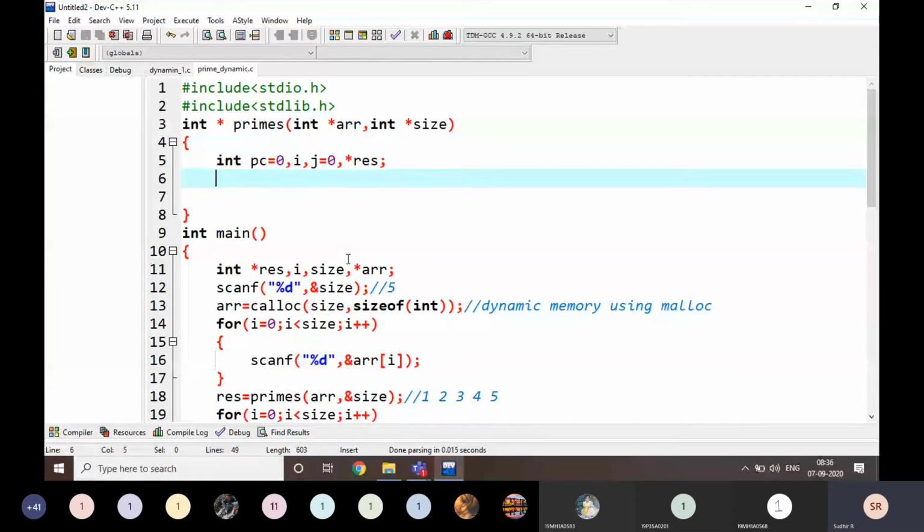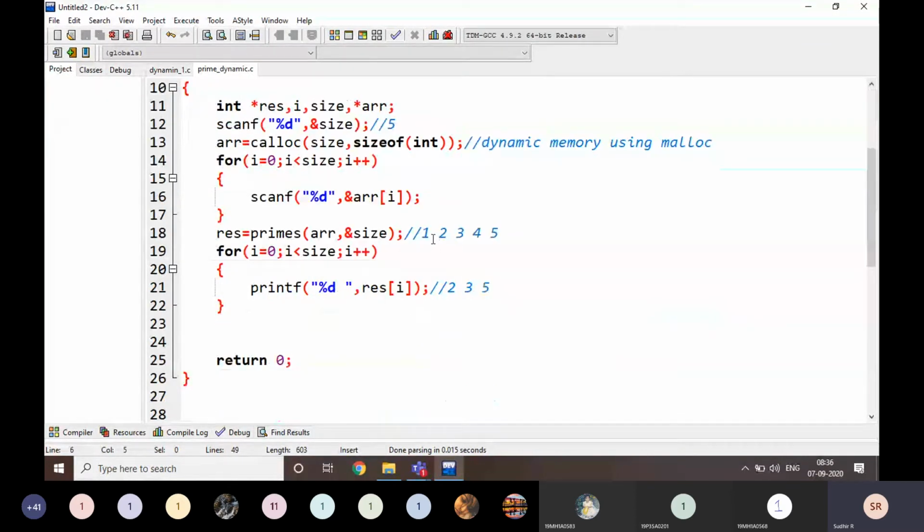Right? Now I am going to allocate the memory for res here. The result is going to be placed in res. How many prime numbers are there? I don't know exactly, first of all. If you take this set, it is going to be 3 values. For example, if it is like this, it is going to be 2 values. We don't know exactly how many prime values there are here.